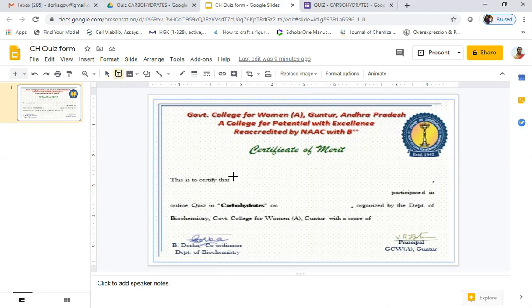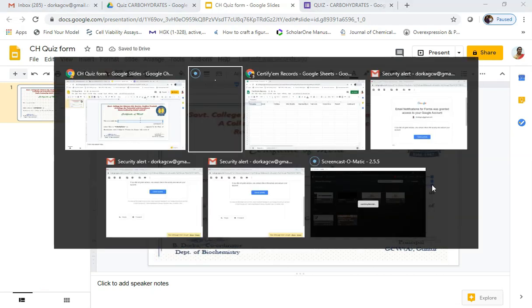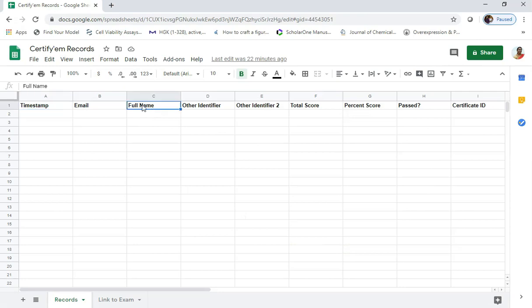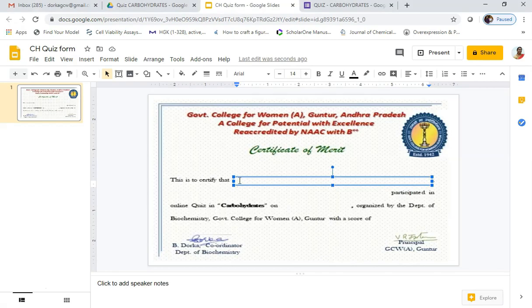The data can be added by inserting the text. Okay, the text is inserted, and put two flower brackets followed by the full name, then close by two flower brackets.